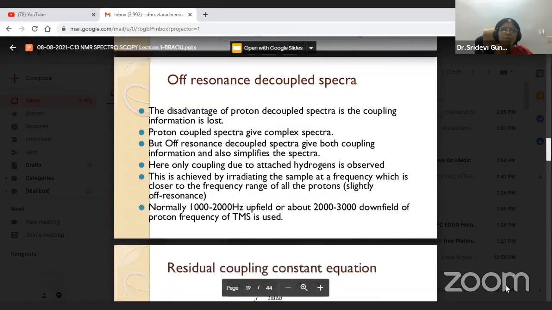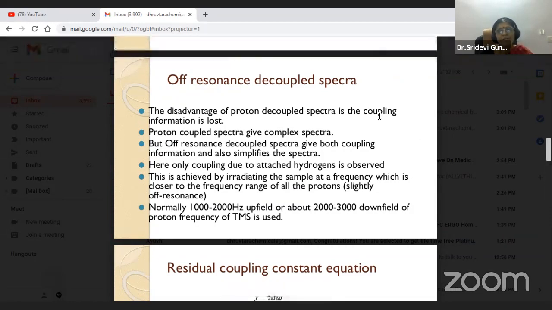Next is off-resonance decoupled spectra. See, in undecoupled spectra, there is one disadvantage. What is the disadvantage? All the couplings are observed. Therefore, complex spectra are obtained. In completely decoupled, that is broadband decoupled or proton decoupled, all are the same. In completely decoupled spectra, we have lost all the couplings due to carbon and hydrogen. So the spectra are simplified, no doubt, but you will be losing the coupling information between carbon